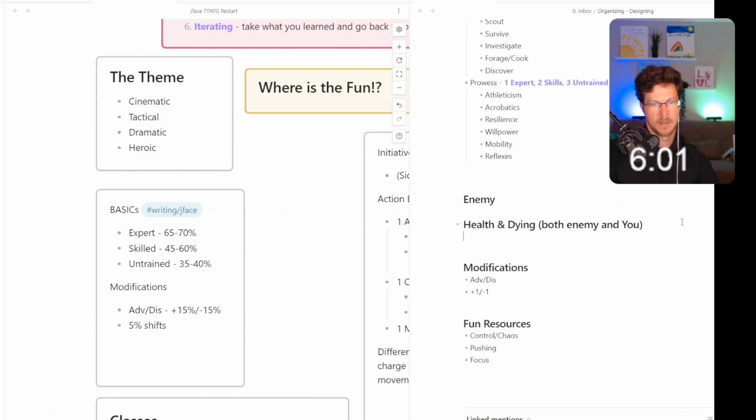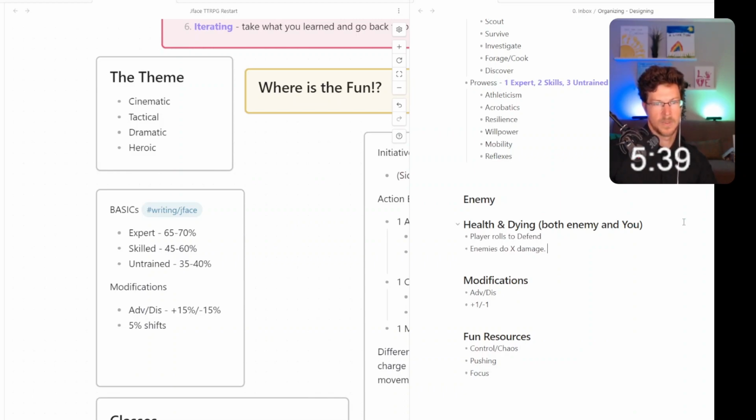Health and dying. Let's say enemies do X damage. Player rolls to defend. Enemy does X damage. Armor reduces X damage.